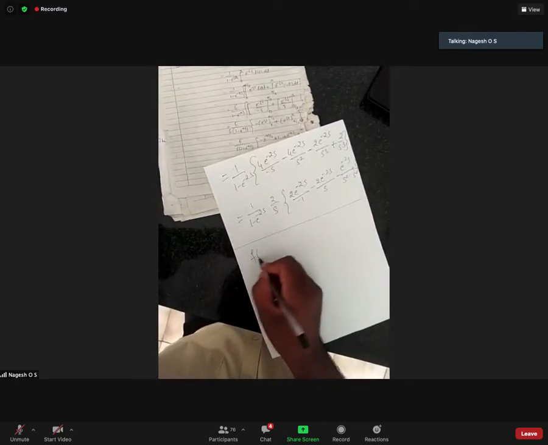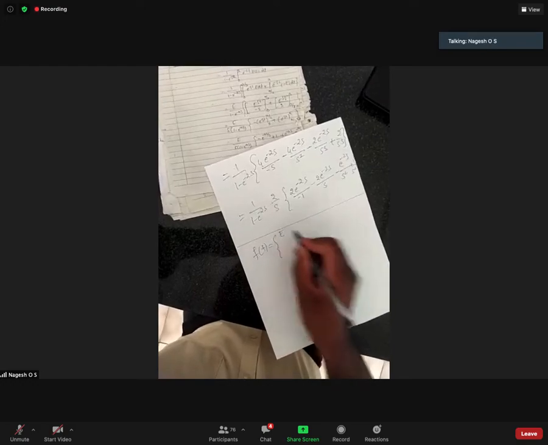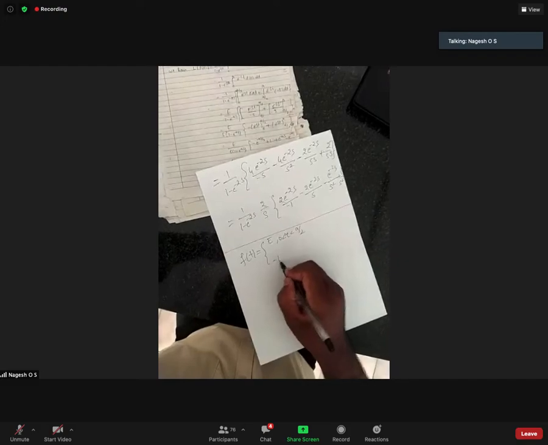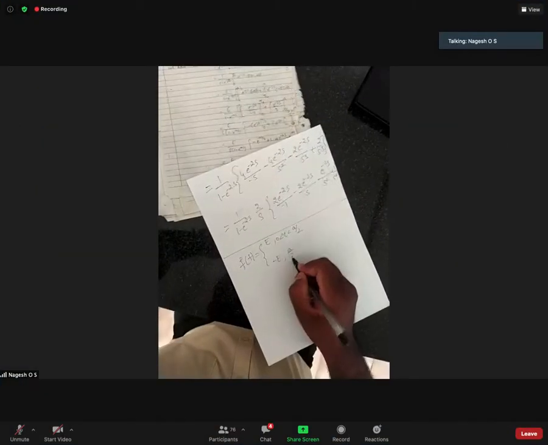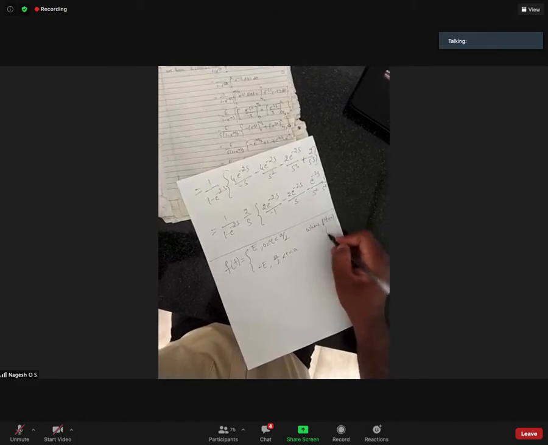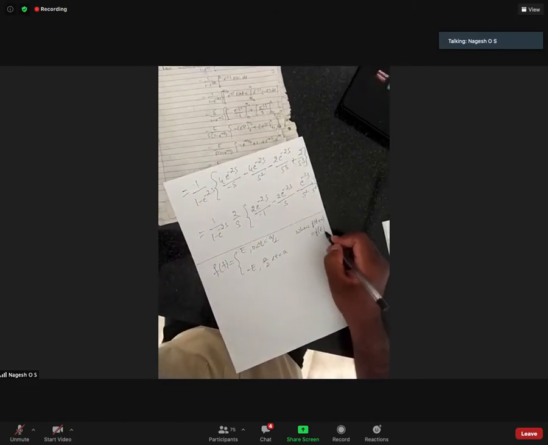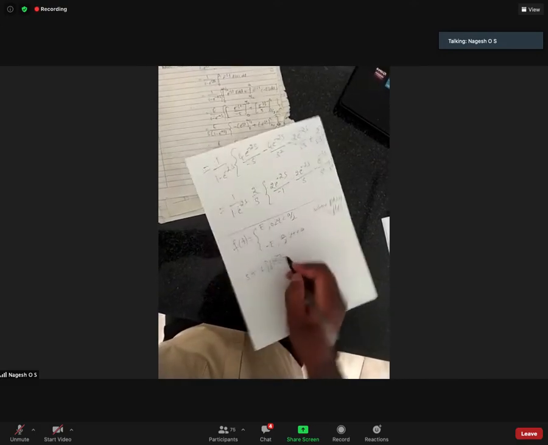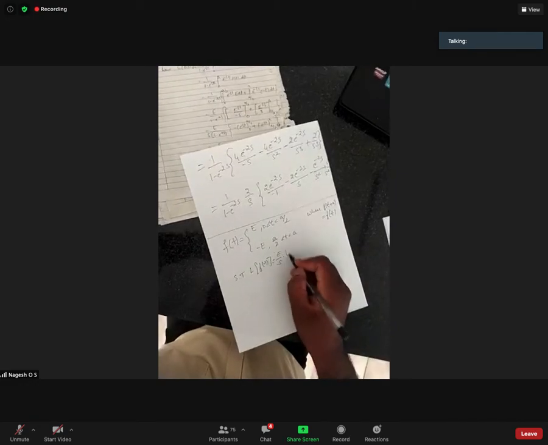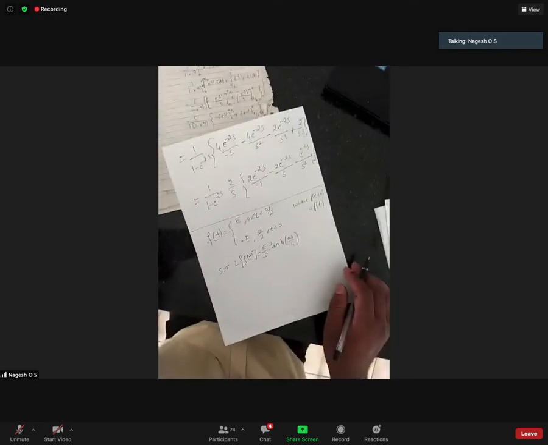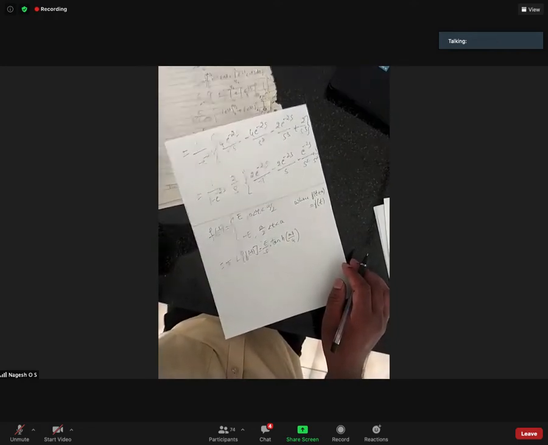f of t equal to e for 0 less than t less than a by 2, and minus e for a by 2 less than t less than a, where f of t plus a equal to f of t. Show that L of f of t equal to e by s tan hyperbolic as by 4.